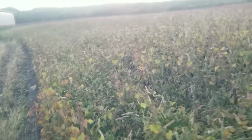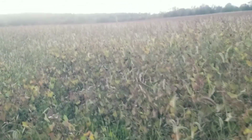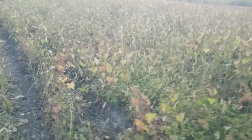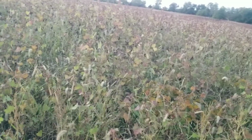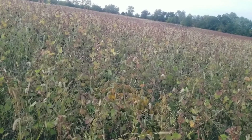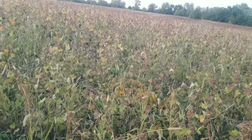One pass. So my plan for these fields, the majority of the fields I've got up here, are going to be seeded down to an alfalfa grass hay mix coming up next year, and then leave it next year, obviously, and the following year we'll have hay, a good crop of hay. The first year you plant it, you really don't get much alfalfa. You have to plant a nurse crop with it, and we usually use oats, but rye works good too. So I'll probably do oats in this field, and you take the oats and you mow them off,